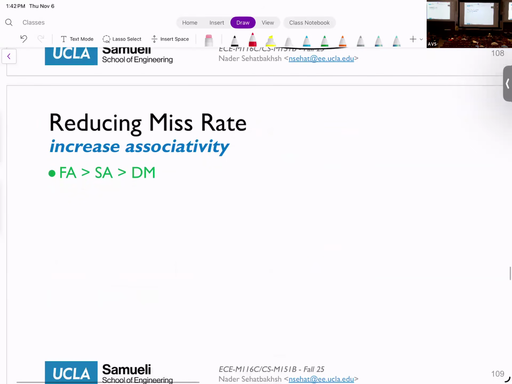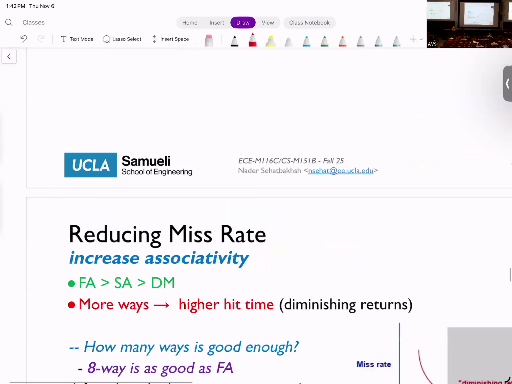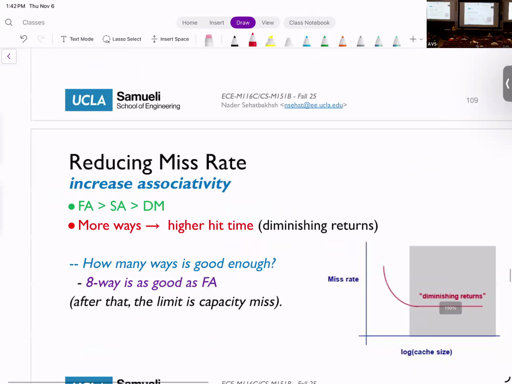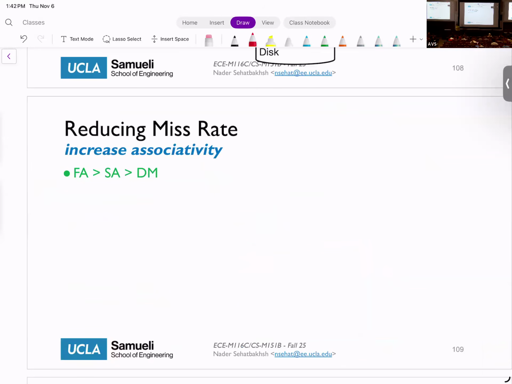Okay, going back to reducing miss rate. So the first thing we learned is that increasing the block size helps you to some degree. The second thing that we already discussed is associativity. Fully associative is better than set associative, which is better than direct mapped, okay? But you also want to wonder how much associativity is good. If I want to pick a set associative cache, how many ways should I choose? Should I choose 4-way, 8-way, 16-way, 128-way? What is the right